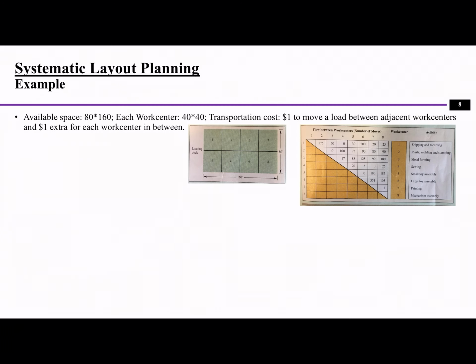Now let's look at how we can come up with a layout plan. Well, for this problem, because we already have the number of moves and also the matrix or relationship diagram, we can use this diagram to come up with an initial relationship diagram. So the initial relationship diagram, we can draw it here. Let's call it step 1. So how are we going to start? We're going to start with the highest number of moves, right? So the highest number of moves is from 6 to 7 here,